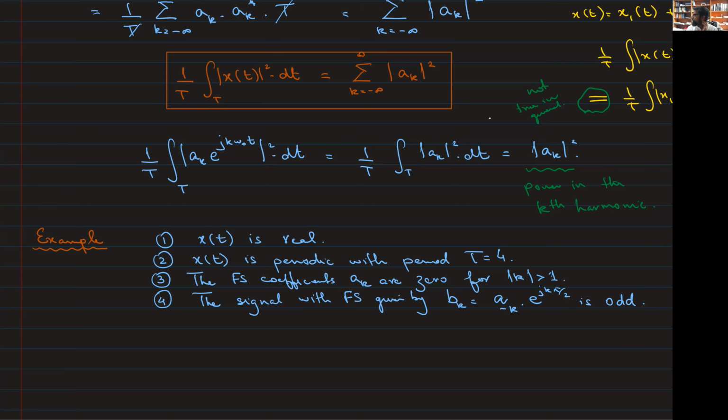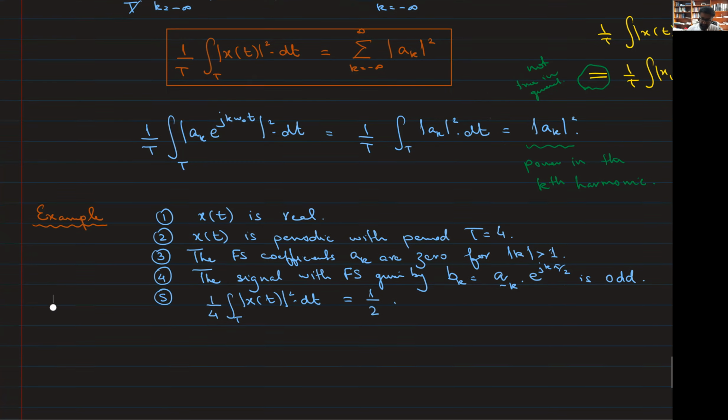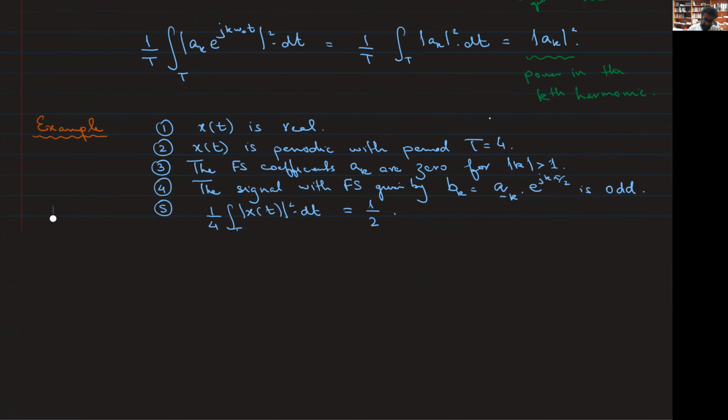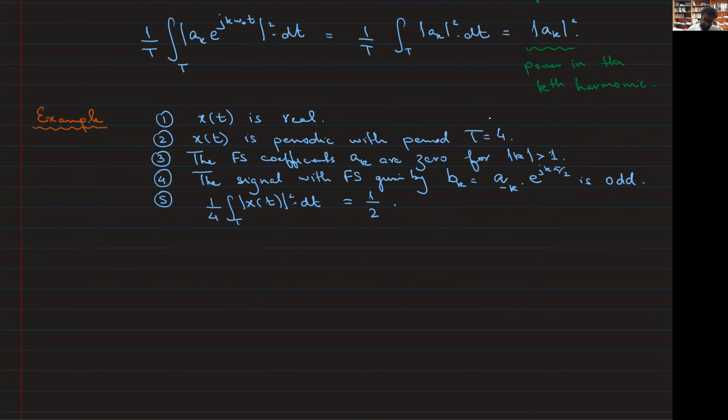This is perhaps the most sophisticated of these. Here's the last condition: the average power in the signal, the absolute square, turns out to be equal to half. Now given all of these conditions,